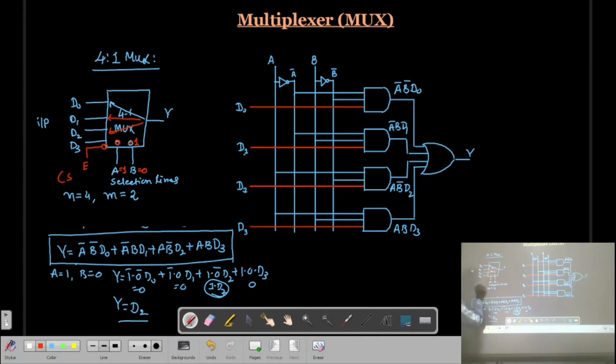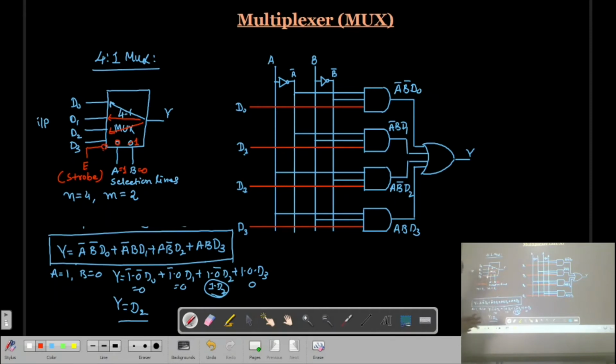Sometimes it is also known as a strobe. Now this enable pin is active low. You can see I have put a bubble. Now it is not necessary that always it will be active low. It can be active high. So here it is active low.